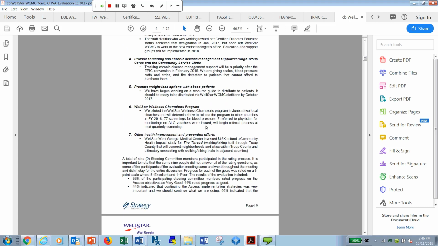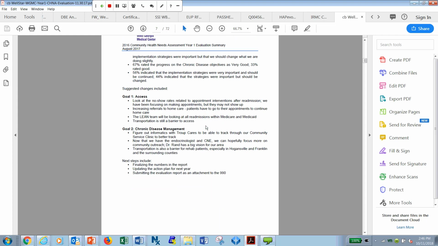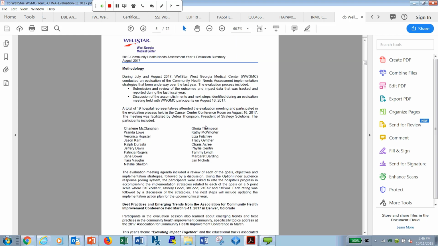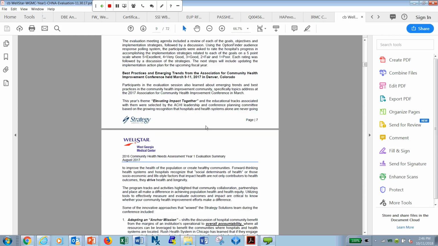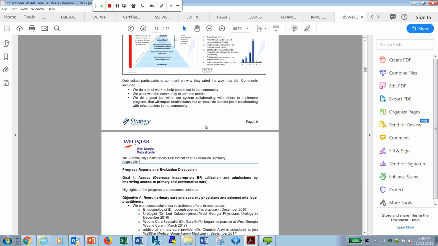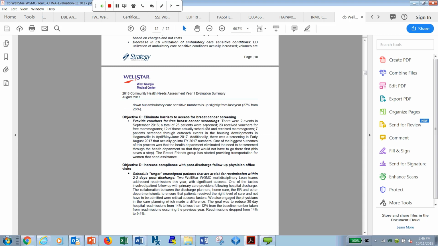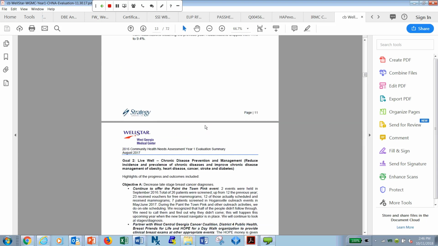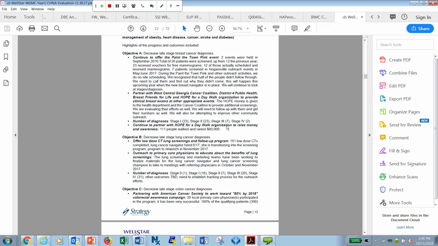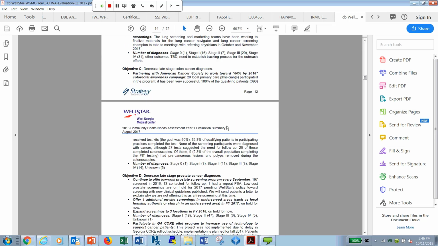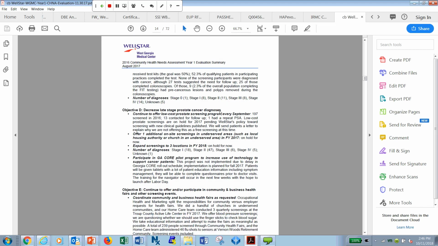It's just a narrative. It talks about the methods of how the steering committee came together, what they talked about, what the qualitative feedback was related to the data itself and from the steering committee members, and then draws conclusions